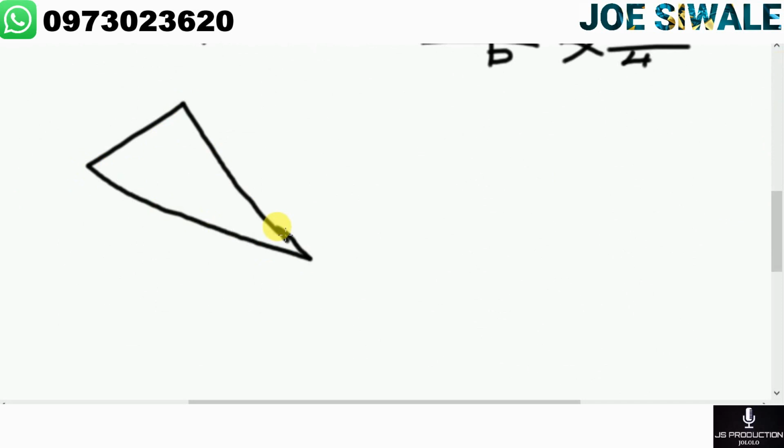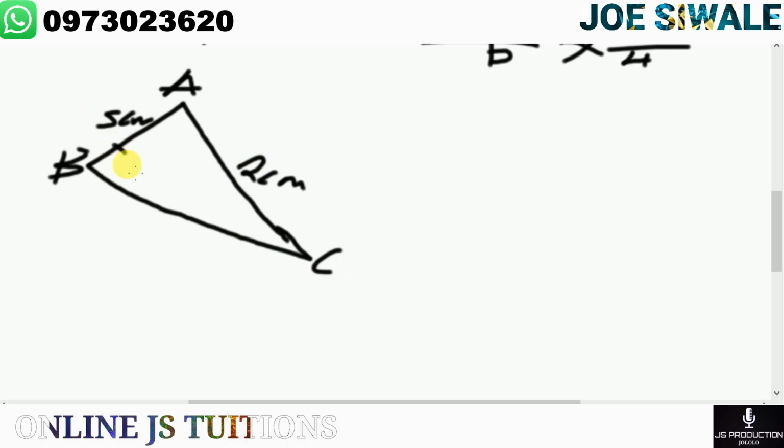So you need to make sure you know these questions. Where you have been given two sides, for example, this is 5 centimeters and this is 2 centimeters. And here you have been given the angle as 7 degrees. And if you have been told to calculate this angle here, the angle which I can call x,